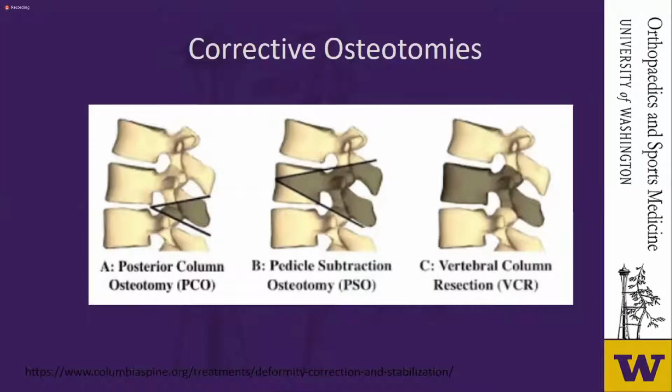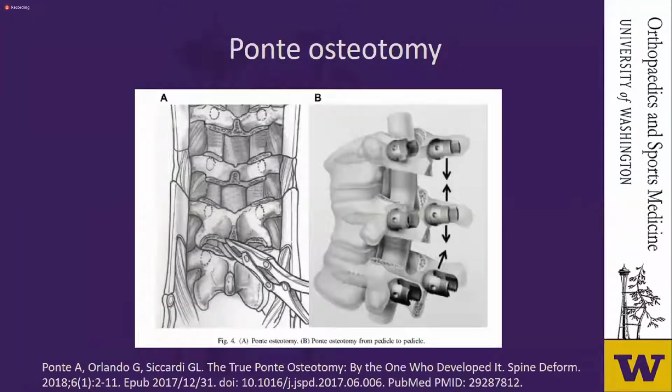Here are just some examples of all three. A representing Ponte osteotomies and/or Smith-Petersen osteotomies, B and C being pedicle subtraction and vertebral column resection. So this first, the Ponte osteotomy, is a posteriorly based osteotomy that involves resection of some of the posterior elements. It involves shortening of the posterior column